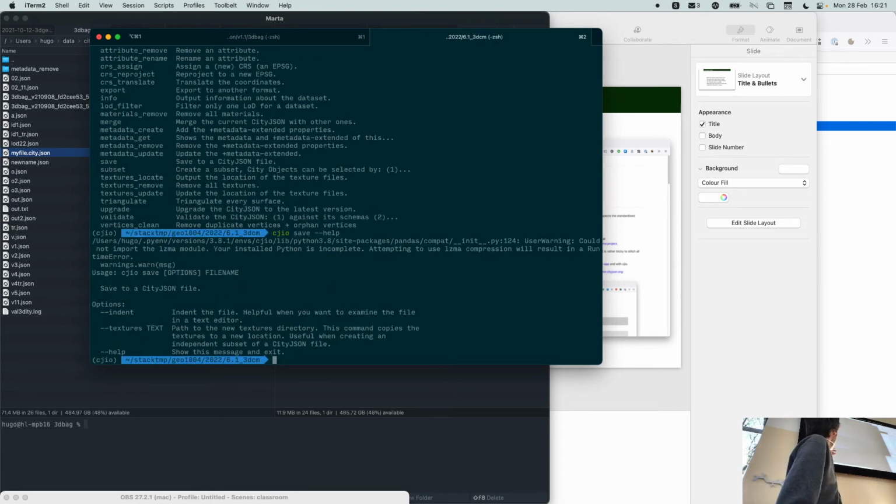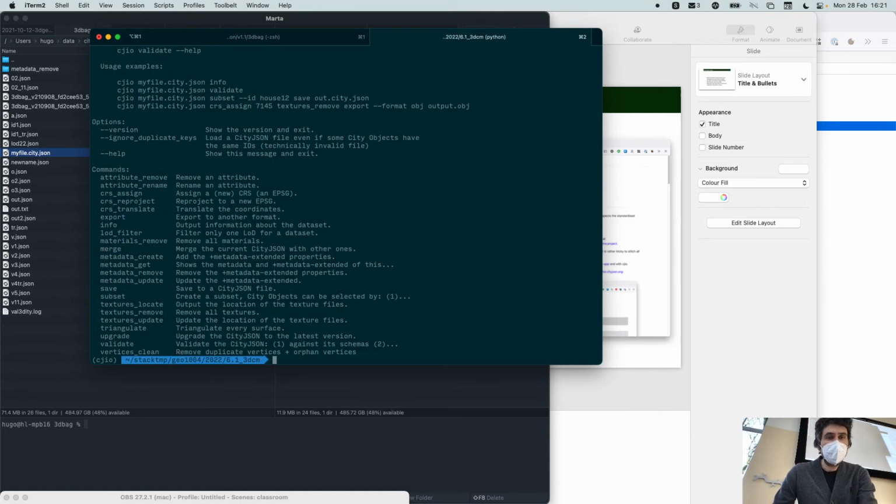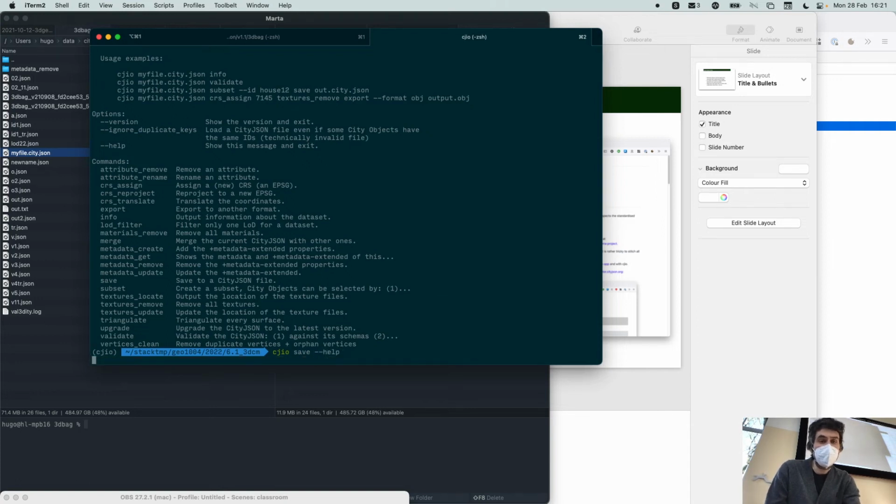Yeah, so in CJIO, can you still see actually? Yeah. In CJIO, you can say every command, sorry, I'll start with that. So CJIO is here, and then it gives you all the possible commands that you can do. Attribute remove, attribute rename, CRS, info, metadata, texture, everything. And if you don't know how to use a command, you can just say cjio save and then --help.